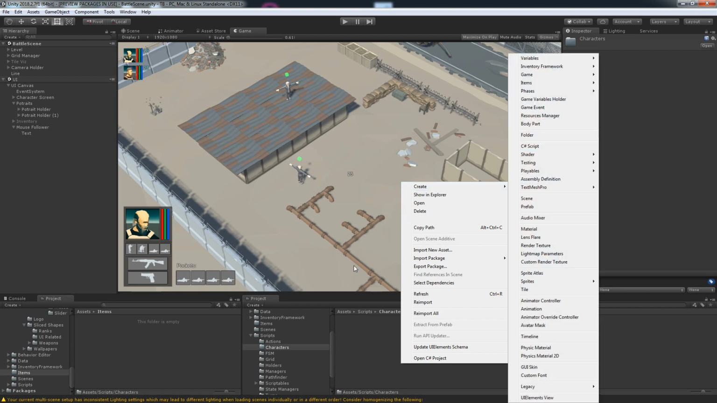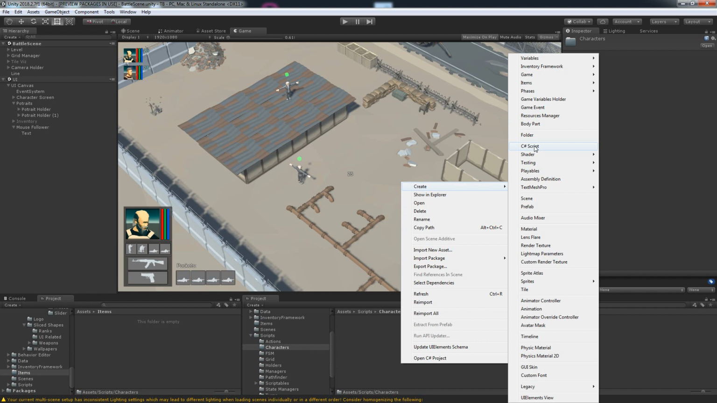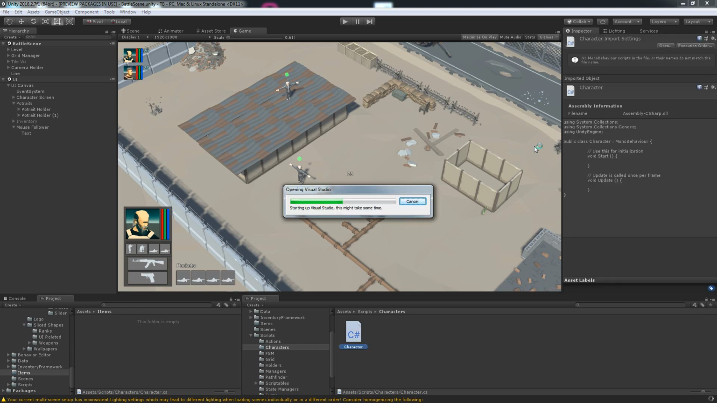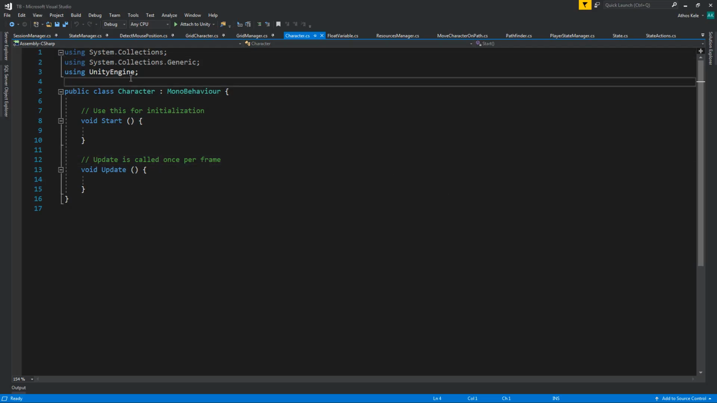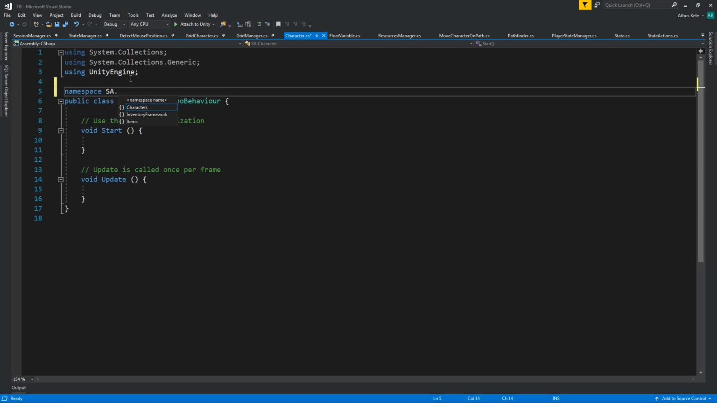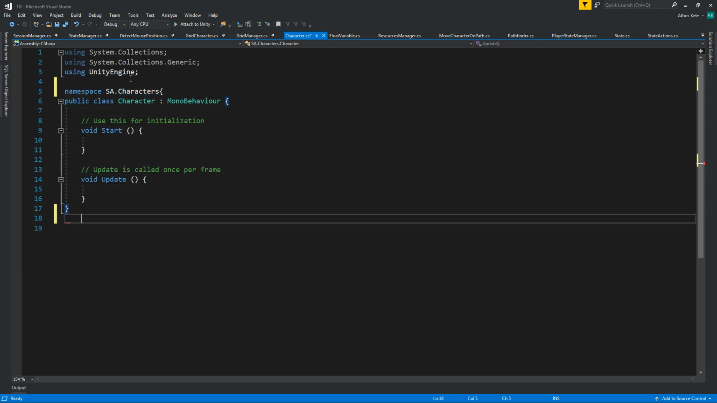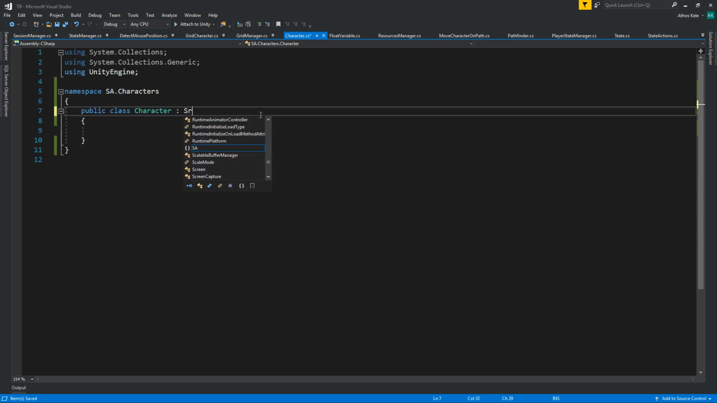So I'm just going to create a script which I'm going to call character. Let's open it up. So let's add namespaces, and it's going to go under characters. Delete all of this, and this is now going to be an actual scriptable object, because we would like to have